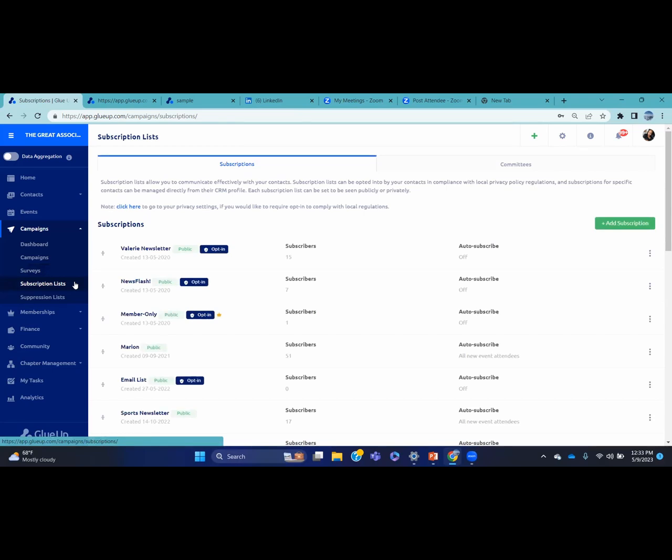Now, what are subscription lists? These are communications that you regularly send out to particular groups of people that have either voluntarily subscribed to those items, or you have individually added them. So a fine example is this one here. So this is Valerie's monthly newsletter. Okay, you can see that it has 15 subscribers, and creating a subscription